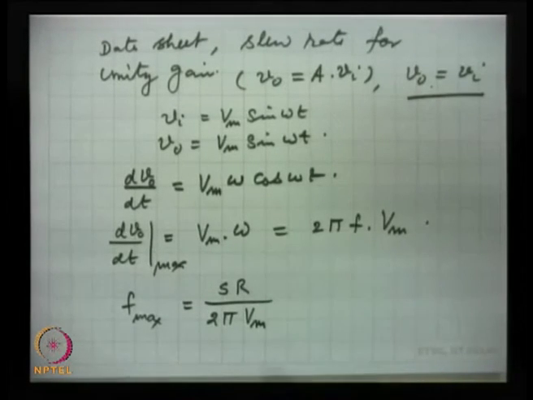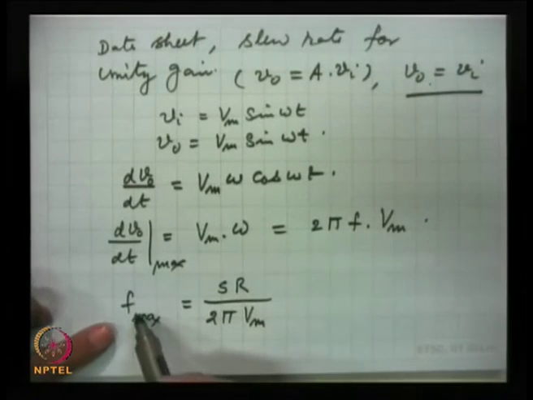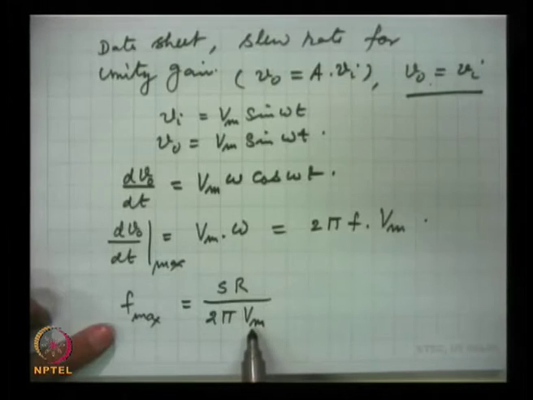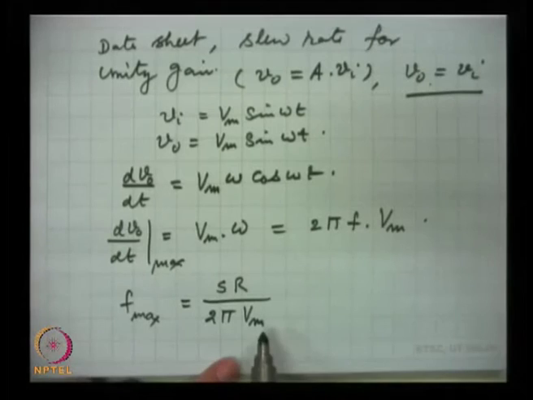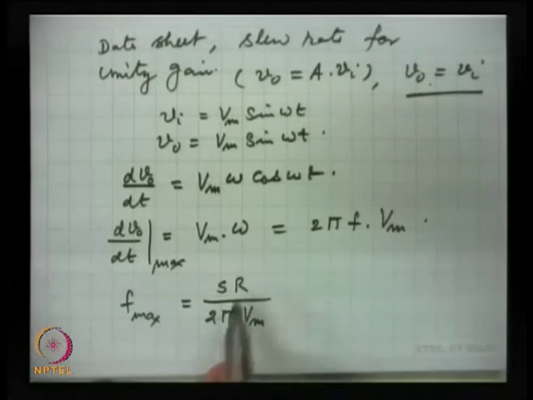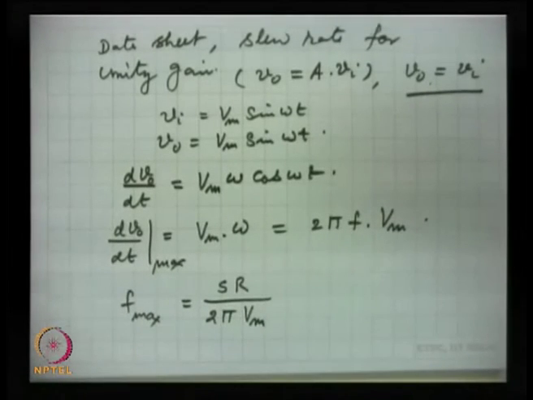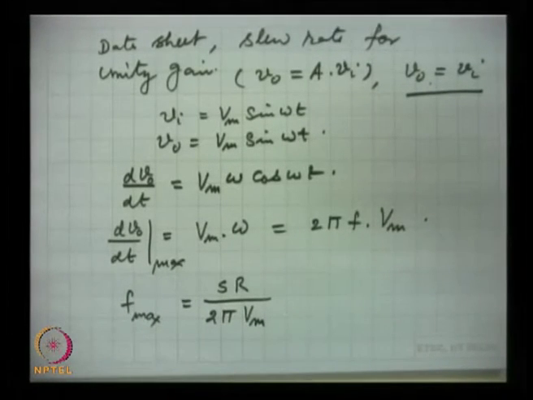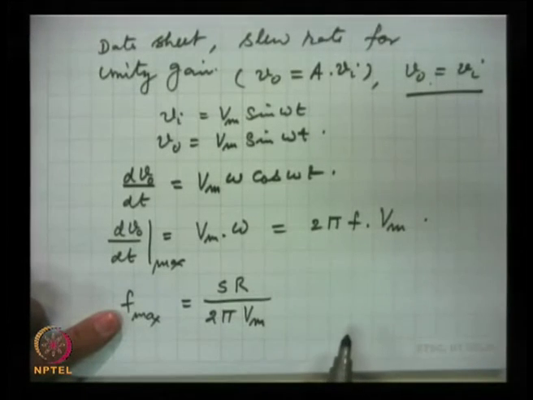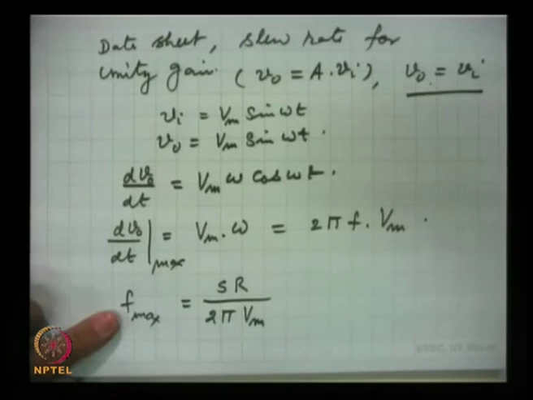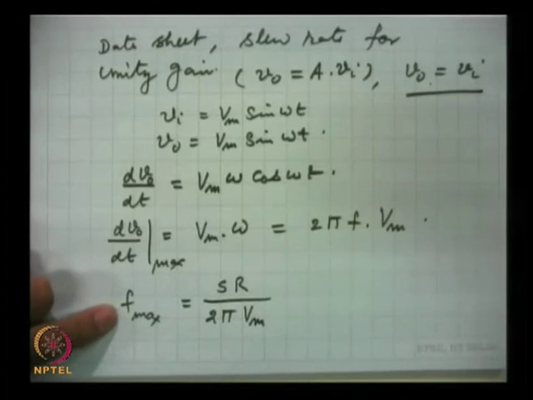So, for example, if we have the highest frequency at a certain value, when the peak value is say 10 volts, and this maximum frequency, depending on of course the slew rate, suppose this comes out to be 5 kilohertz or 20 kilohertz, 20 kilohertz when Vm is 5. When a higher magnitude signal is used, frequency will fall.